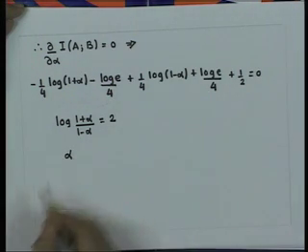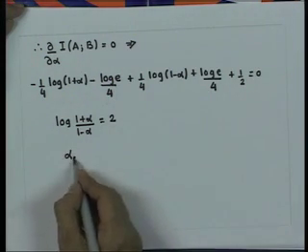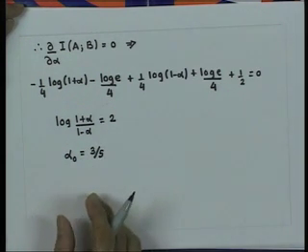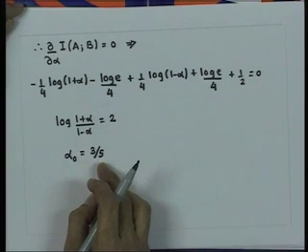Therefore, the optimum value of alpha is equal to 3 by 5, and if we plug in this value into